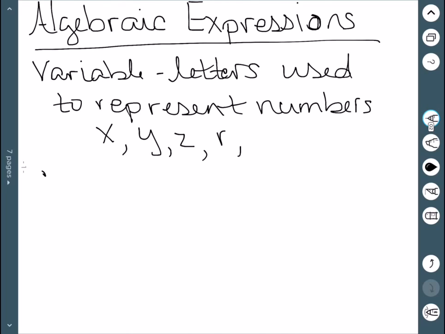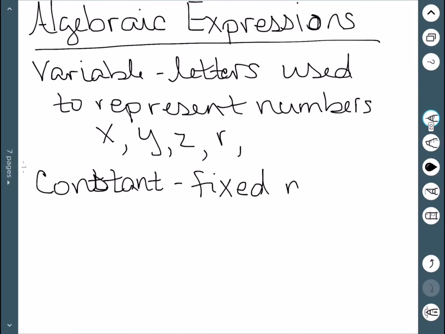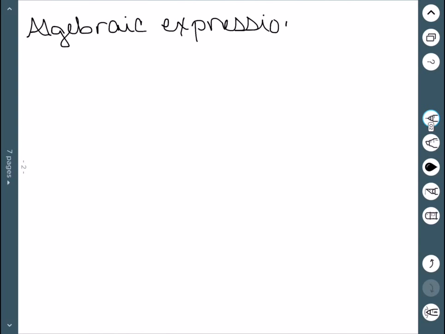A constant, on the other hand, is a fixed number. So variables can change, whereas constants are fixed. These are numbers that we are familiar with. An actual algebraic expression, which is what we're really going to be looking at, consists of constants and variables